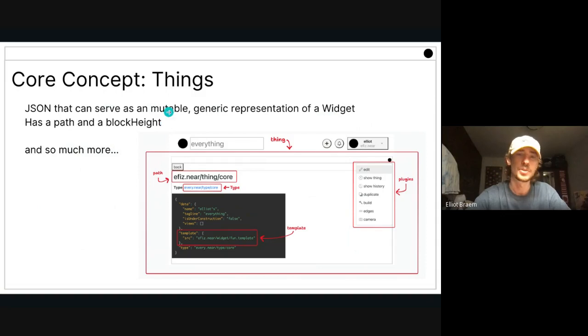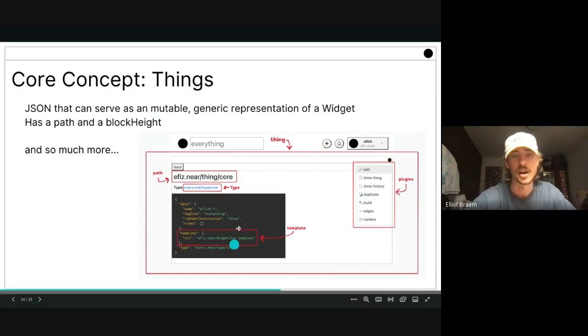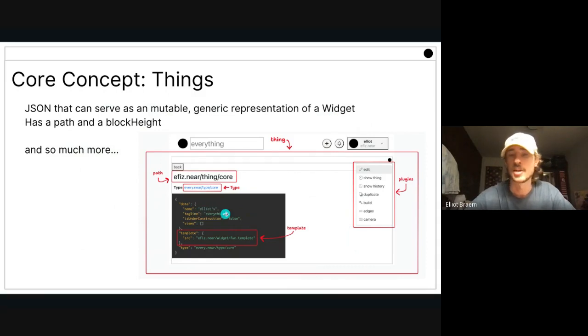It's a mutable JSON, which is kind of cool too, meaning that rather than before, if we're putting widgets inside of widgets and forking them, every single time we do that, we have to pay a storage cost. And that storage cost can be kind of high because a forked widget is usually a lot of code. But if we're just doing a JSON, it's a lot cheaper. And also whenever we make changes in the JSON, sometimes we don't even have to pay for extra storage at all. We can make changes for free.